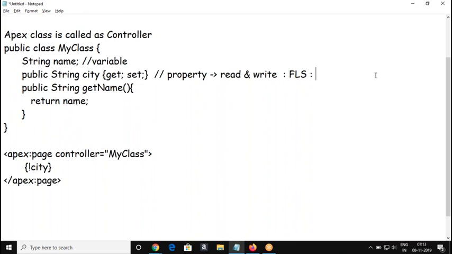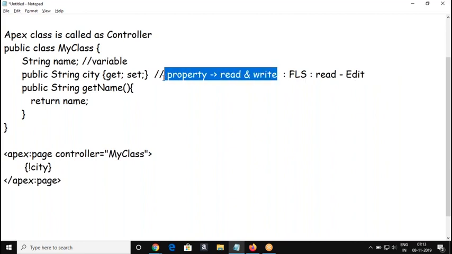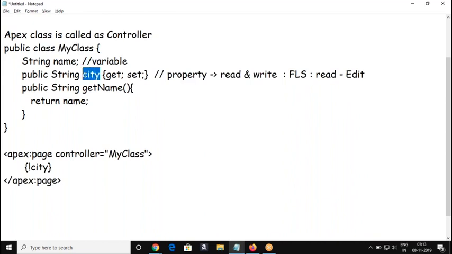If you disable read and edit for the field, then what will happen? The profile user cannot read that field, cannot edit that field, right? So you provide access to the field by enabling read and edit access. The similar concept you apply for your class variable, whether the variable is going to be a readable variable or an editable variable. If both keywords are given, it means the city variable can be accessed by the Visualforce page to pass value.